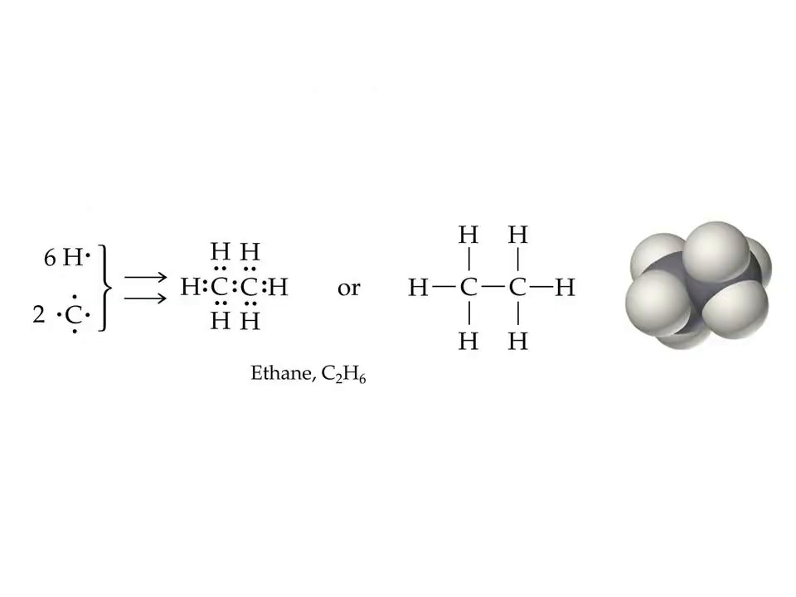Okay, so this is the summary. There are 6 hydrogens and 2 carbons. The Lewis structures are shown on the left-hand side. They combine to form a stable compound due to the Lewis rule. And each electron sharing is called a covalent bond and is sometimes represented by a line, as seen on the right-hand side. The molecule is ethane and